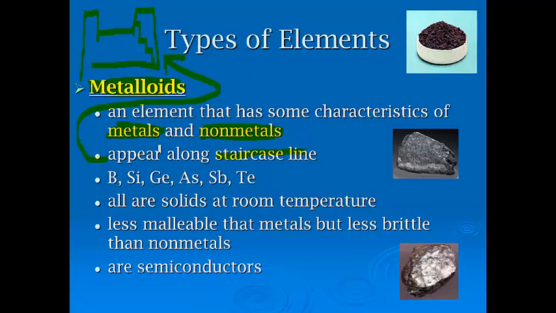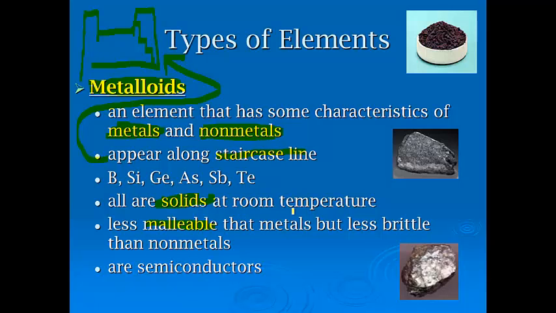And we're going to color one of these in class and label it to get it right. But anyway, you've got boron, silicon, germanium, arsenic, antimony, and tellurium. Okay, and those are going to be our metalloids. Now, all of them are solids at room temperature, and this is kind of what I mean where they